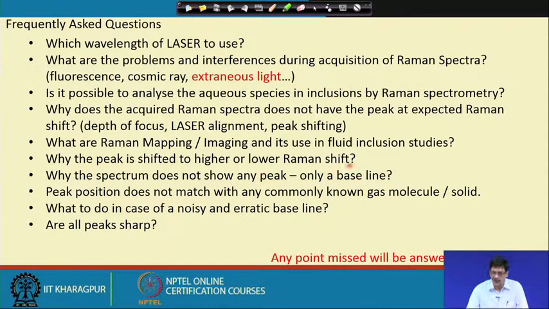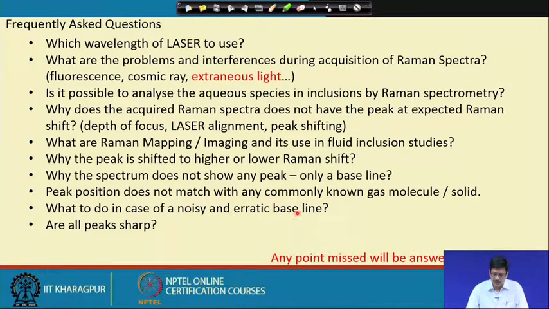For those situations, many of the machines available in the market today will have provisions to decrease the laser intensity, either in a continuous manner or in discrete steps. For example, the laser light could be reduced to 50%, 25%, 20%, even up to 1%, depending on the material. If the fluorescence is very high, then sometimes we work at a much lower intensity than the full intensity. For example, with a 20 milliwatt laser, we can reduce the intensity to almost even 1% of that.